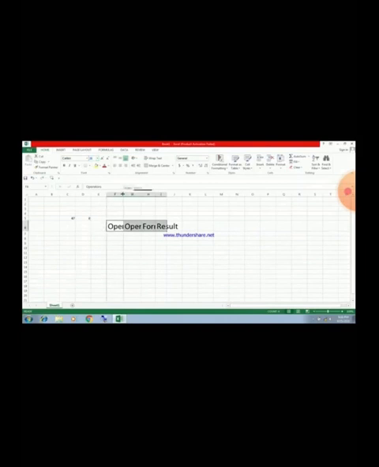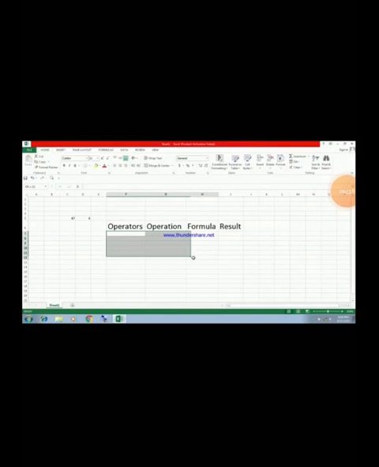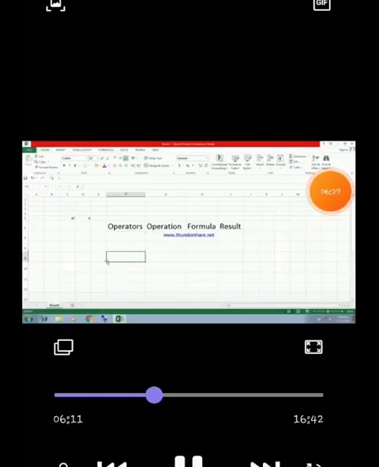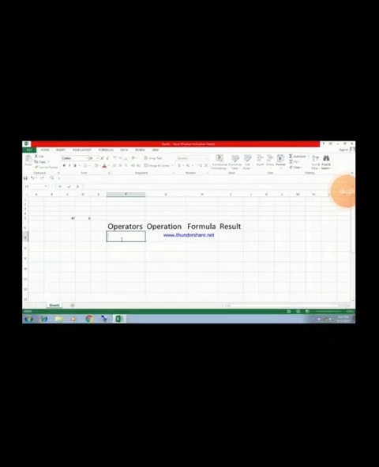Now I am making it bold so you all can see easily, increasing the font size, and increasing the space of the cell, so all the things will be clear to you all. Okay, after expanding this, next I am going to show you the operators. All the signs of the operators will be shown over here, that I am going to type here. After that I am going to start writing the operators here.